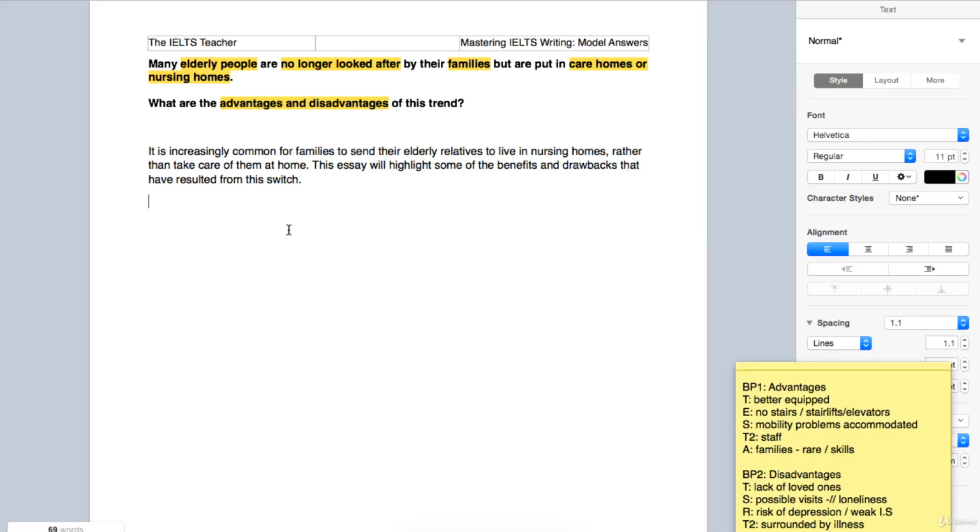So last time we began the body by saying to begin with the advantages, to begin with the positives. We'll look at something quite similar here, but just to mix it up a bit, to give you some variation, we'll start with looking at the positives. And in fact, if you want to even improve that sense of cohesion, show a little bit of listing, ordering, structuring, you can say looking firstly at the positives. So looking firstly at the positives, as always, follow that with a comma. And then very similar to last time, where we went with a crucial advantage, this time we're going to go with a significant advantage.